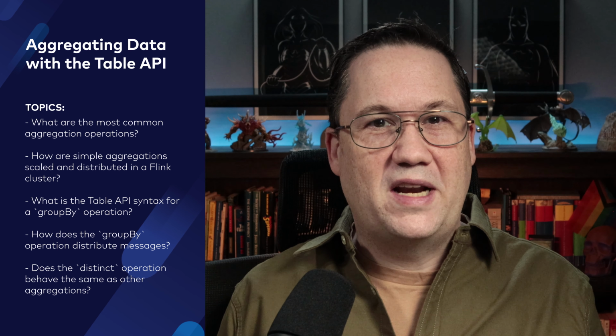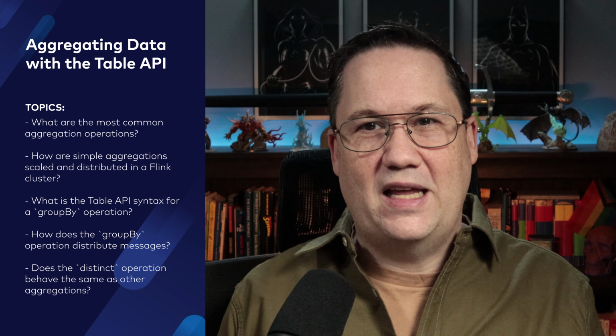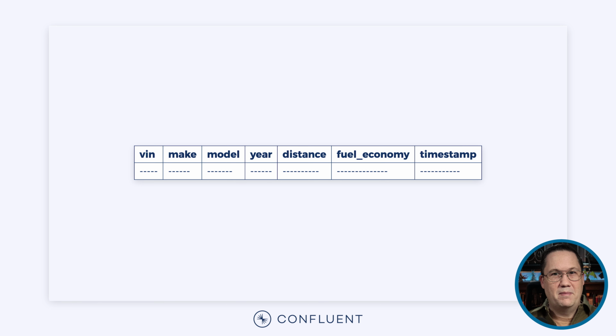I'm going to take a few minutes and walk through some common aggregation functions in the Flink table API and how they impact the distribution of data in the cluster. Let's start with a use case. Imagine a vehicle manufacturer with embedded telemetry in their vehicles. Each time a driver goes on a trip, the vehicle records details such as the distance traveled, the fuel economy,